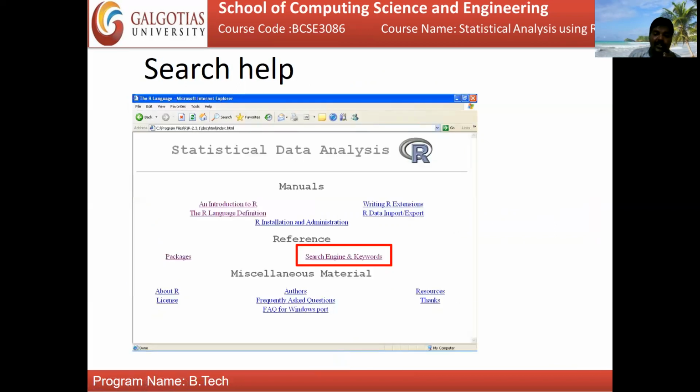Next, the search engine. Suppose we are not able to identify a package, we may use keywords to find it. The search engine helps to search content by keyword. You may select this link and mention the terms, and you may easily identify the location, file, or document.